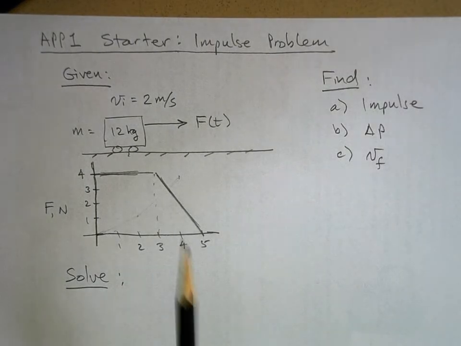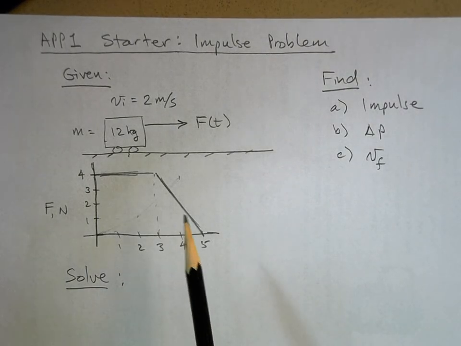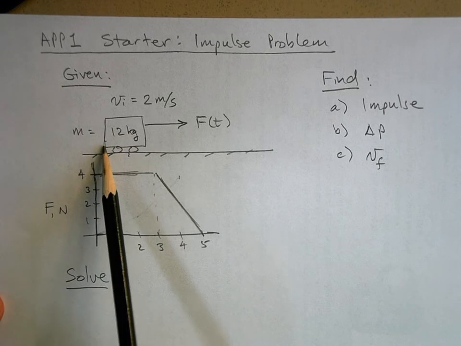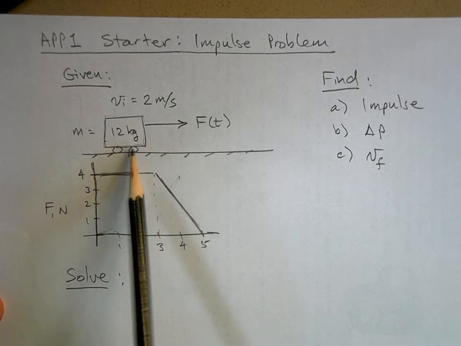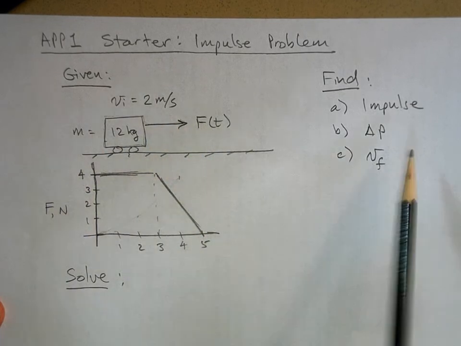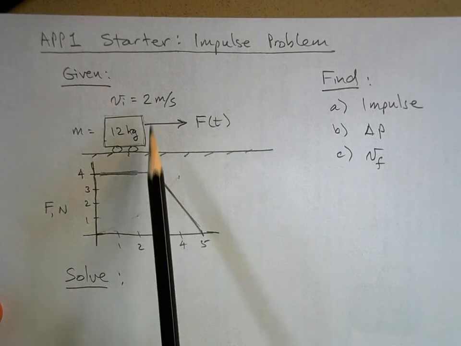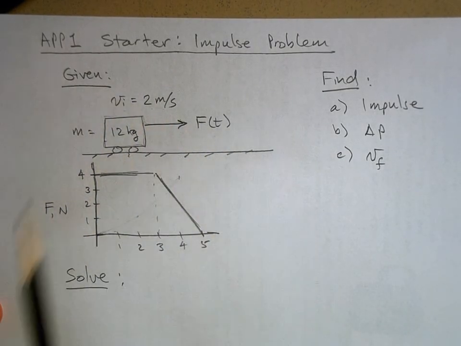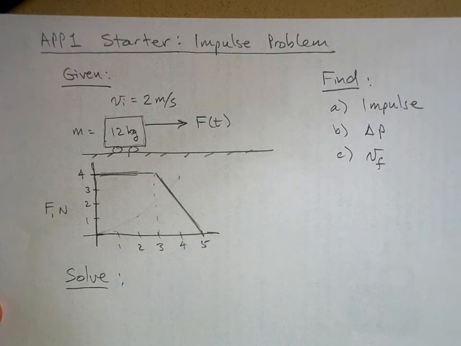Let's do this starter problem. Here's what's given. You've got a 12 kilogram mass on wheels, and we've got this force on it that's going to accelerate it to the right. It starts off with 2 meters per second, but the force is not constant with time, so you can't use the kinematic equations,